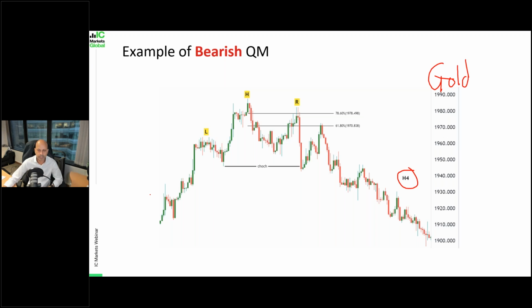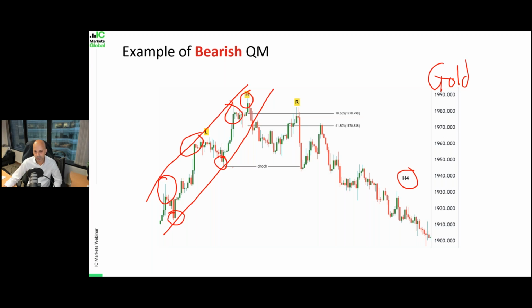Right, so you can see here, price is in a strong bullish channel, right? You can say this is a bullish channel. Price making a series of higher highs here. 1, 2, 3, and this is the fourth higher high, which eventually turns out to be the head. Now, on the lower part of the channel, we can see price is also making a series of higher lows. This is the first low, this is the second low,